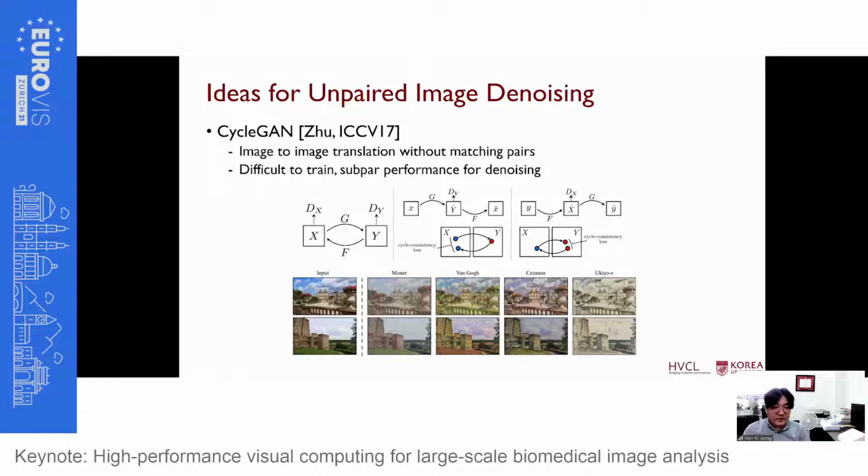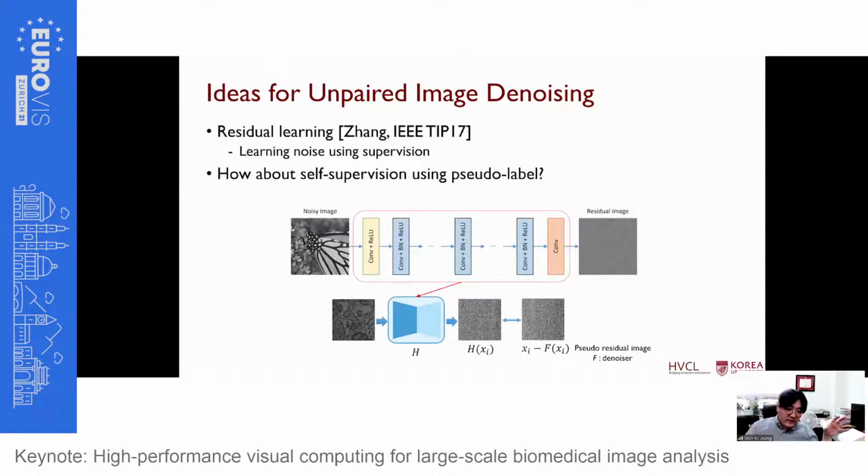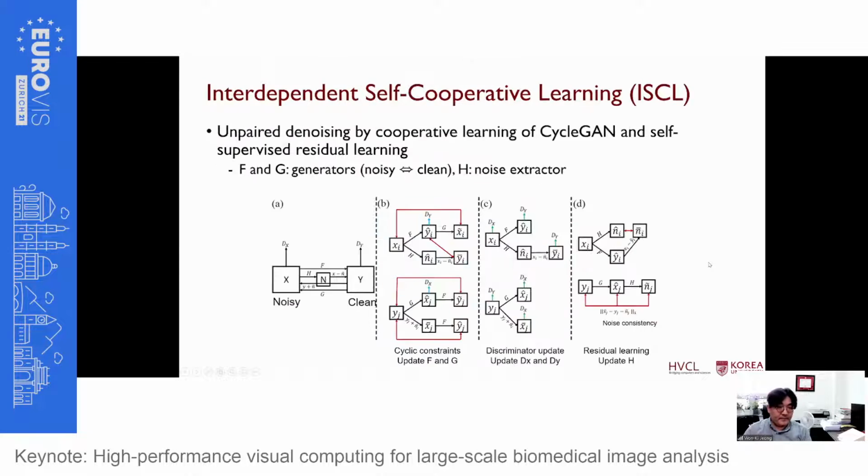The idea is that we use something similar to CycleGAN so that we can match noisy images and clean images, but vanilla CycleGAN doesn't work because there are so many different combinations we can make. So we combine this with so-called supervised learning. But the question is, we don't have any supervised learning data because this is the unpaired case. So the idea is, why don't we use self-supervision, which means we make a fake label, a pseudo label, and use it for supervised learning? Details can be found in the paper.